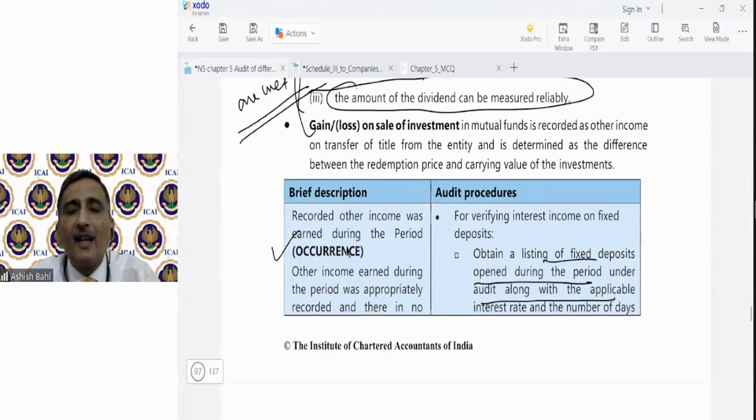Okay, what does this mean? That the auditor would obtain a list of fixed deposits which have been made by the company during the year, and see at what time these were made, and then he would try to calculate the rate of interest on fixed deposits and see whether it is proper or not. So these things,